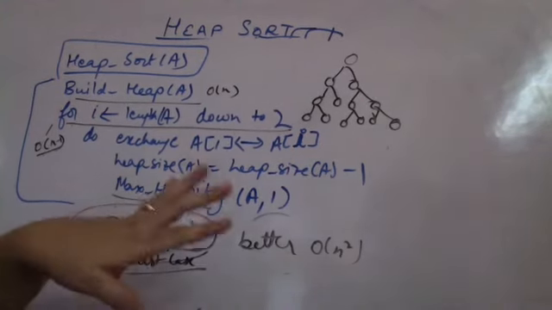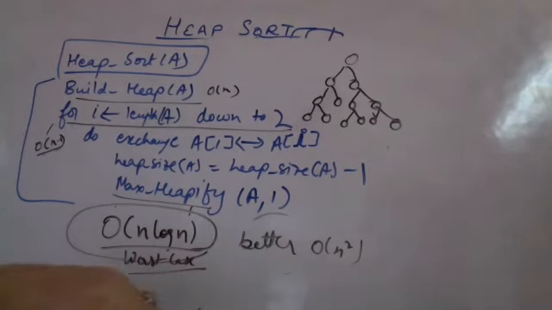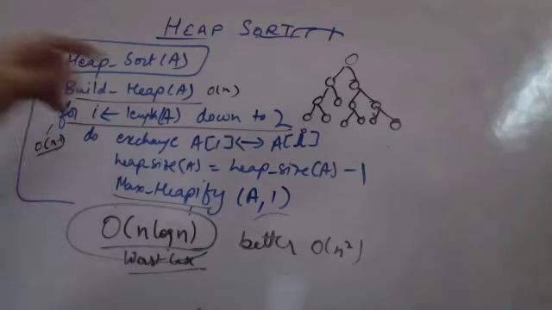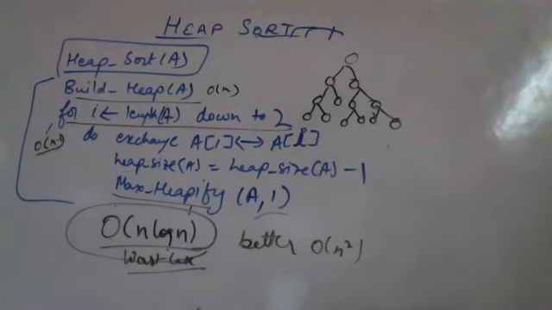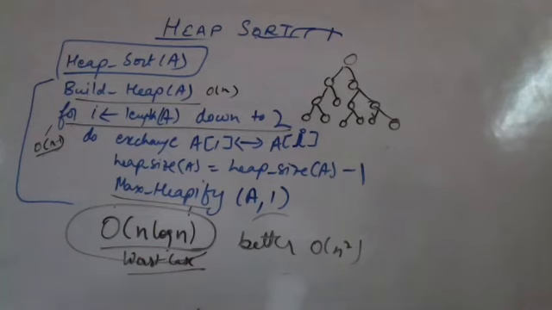So in any case, heap sort is better as compared to the other algorithms, in the worst case for sure. And it is also giving us the largest in the first location every time if it is a max heap, or the minimum in the first location every time if it is a min heap. After building the heap, once the build heap is done, I will have the smallest or the largest in the first location, depending on whether it is a max or a min heap. So we have the heap sorting procedure where I will be taking only of the order n log n time.